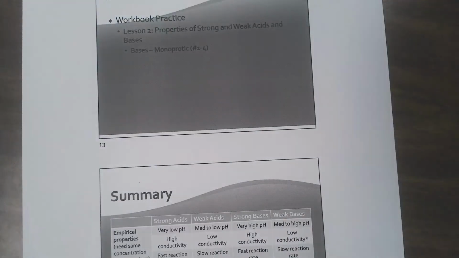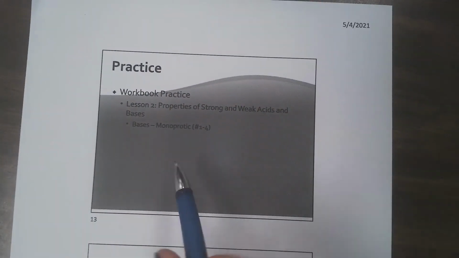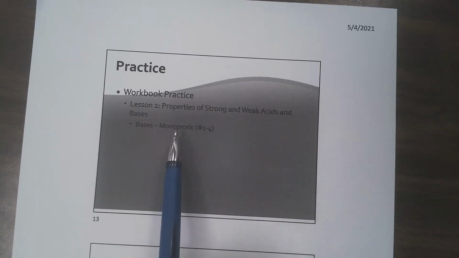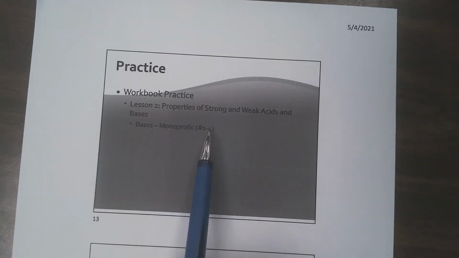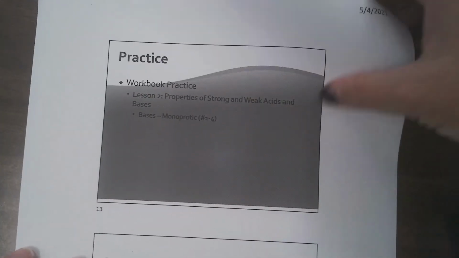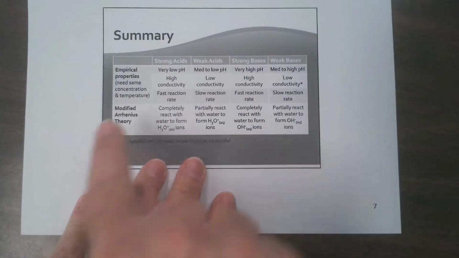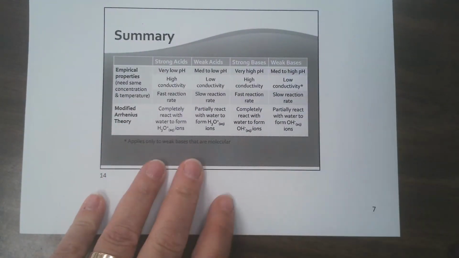So, we've explained weak base properties of acids and bases. We've explained strong base properties and strong acid properties. Now we're going to finish this off. We're going to go back to lesson 2. We're going to look at strong and weak acid properties, and we're going to do only the monoprotic ones, numbers 1 through 4. And this summary table right here, the empirical properties and the modified Arrhenius theories,